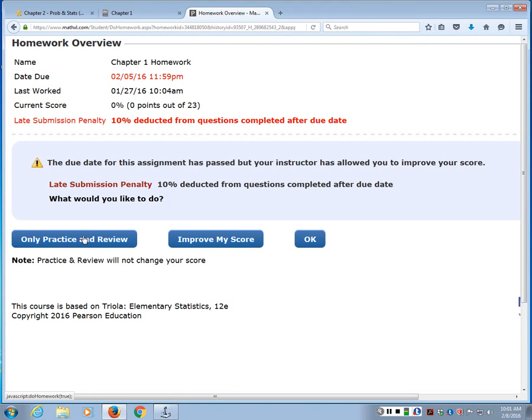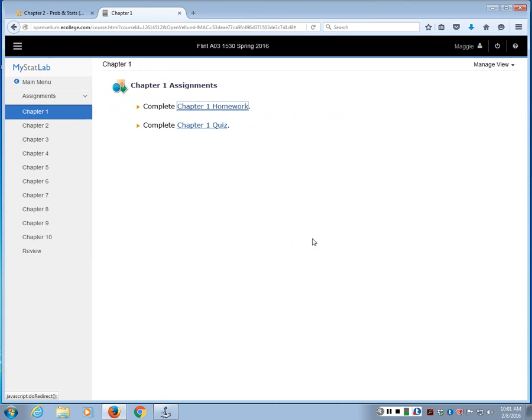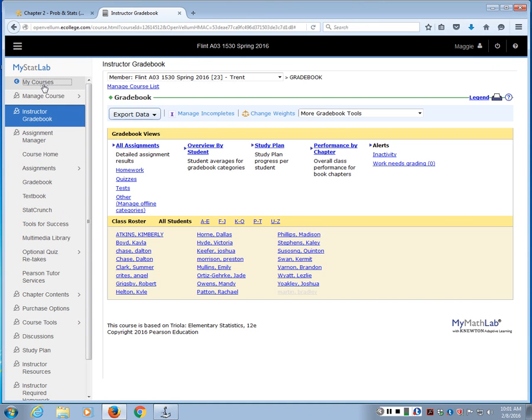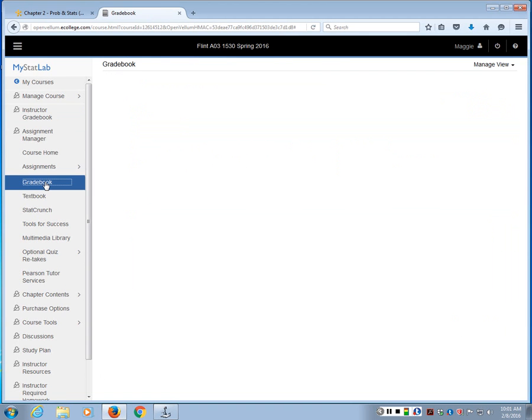If you go to the main menu, there's a place that you can do it. It will say view all assignments. It'll have the media assignments all the way down. Yeah, I think actually if you go to Gradebook